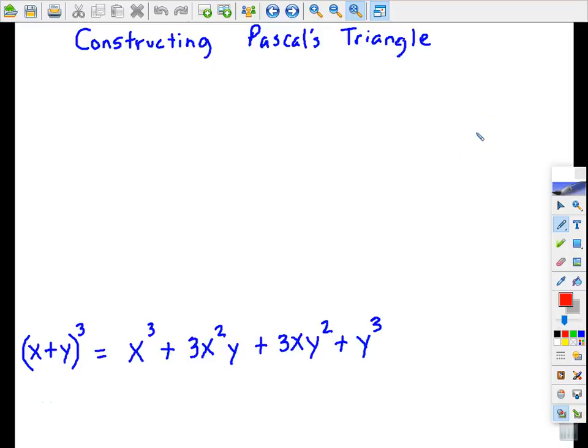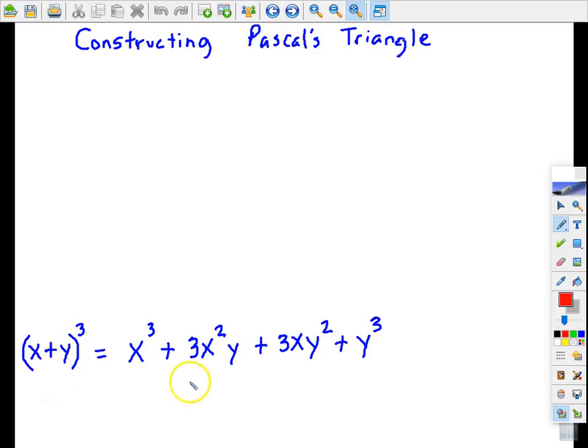In section 6.8, one of the topics that we talk about is Pascal's triangle. And there's a couple of things that I want you to take away from this lesson. One of them is how to make or construct Pascal's triangle. And then we're going to see how the triangle can be used to expand any binomial raised to any power,